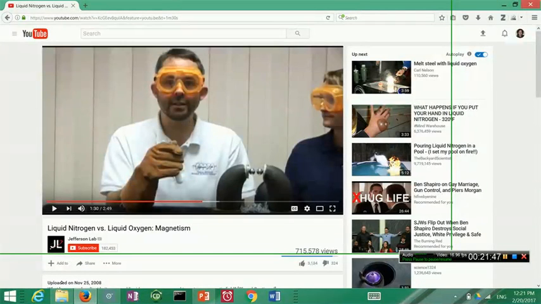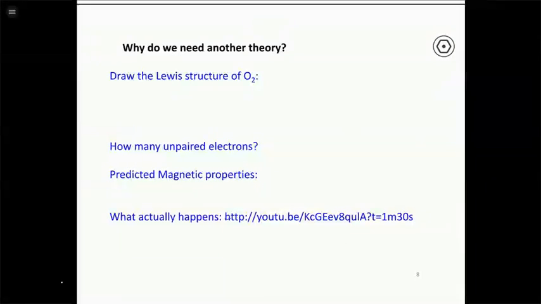Okay, so we'll get to this in a second, but let's first introduce what the problem is here. We've talked about valence bond theory, which is the idea of hybridization, the sigma and pi bonds. For most things, it works very well. When you take organic chemistry, if you do in the future, you're going to use valence bond theory all the time. It predicts a lot of things about molecules that are quite useful and quite accurate. But of course it has some problems, as any theory does. The big problem is that sometimes certain predictions about the properties of molecules just are not correct. So let's look at the example of O2.